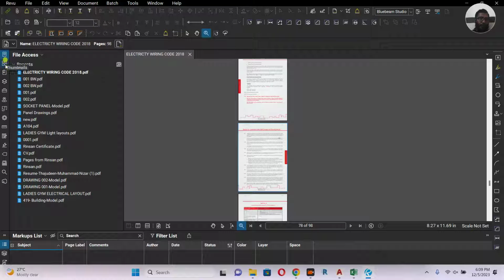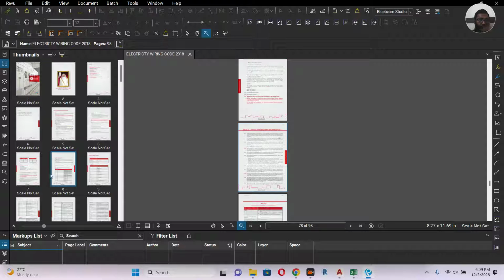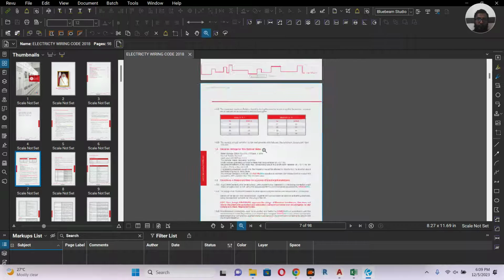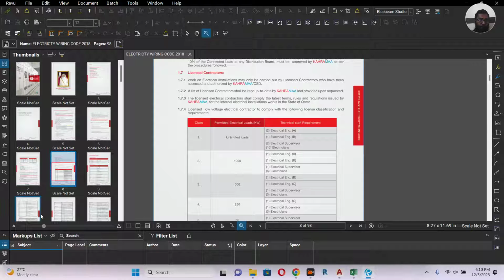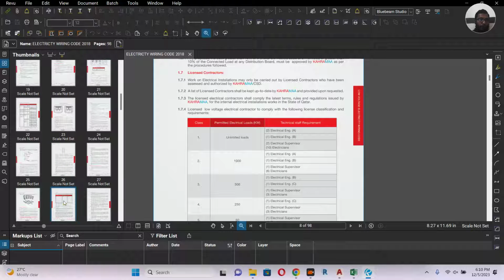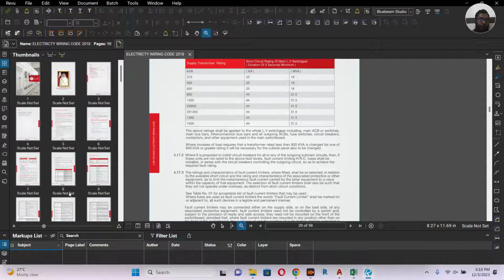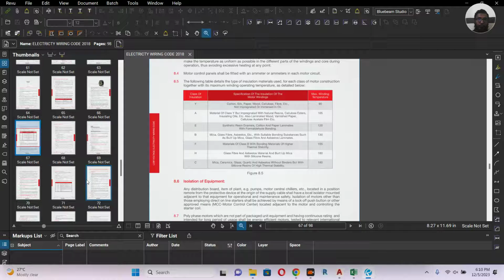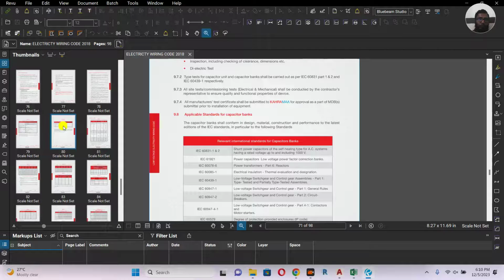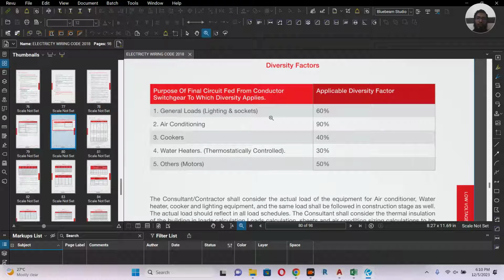I think I remember. Okay, now this is a small table. So in this book you can find many things. Okay, I found it. So here you see general loads, light and socket 60%, air condition 90%, cooker 40%, water